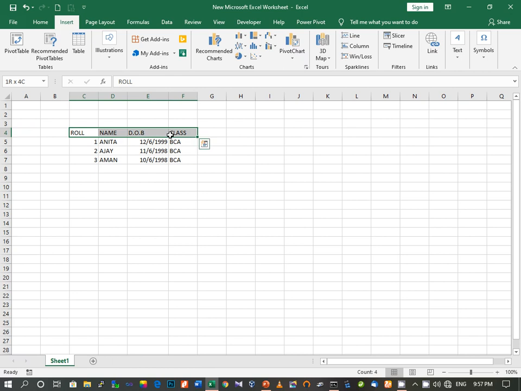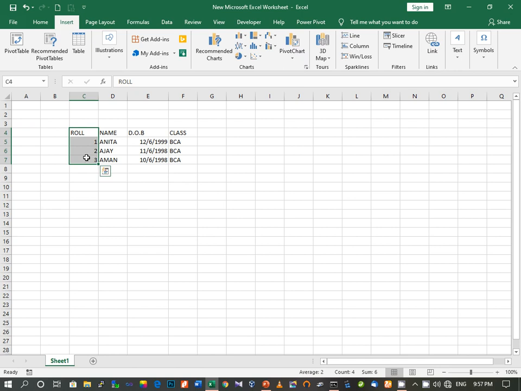So by pressing the Shift button and dragging the mouse, you can select adjacent rows and columns. Similarly, if you want to select adjacent rows, again press the Shift button on your keyboard and drag your mouse. As I drag the mouse, all the adjacent rows are selected.